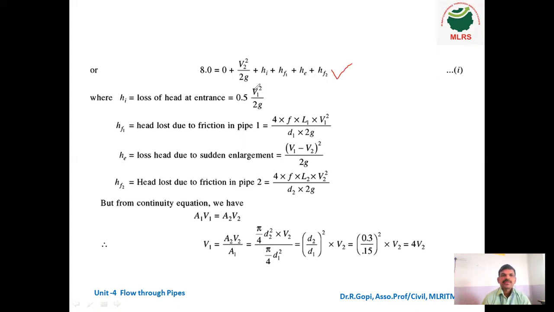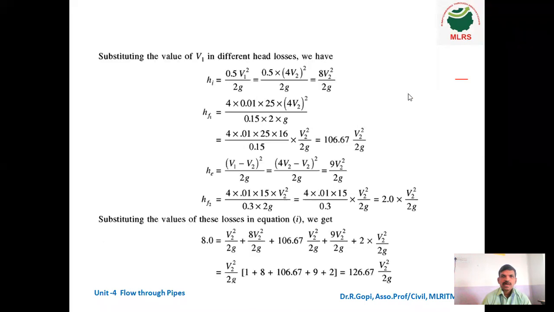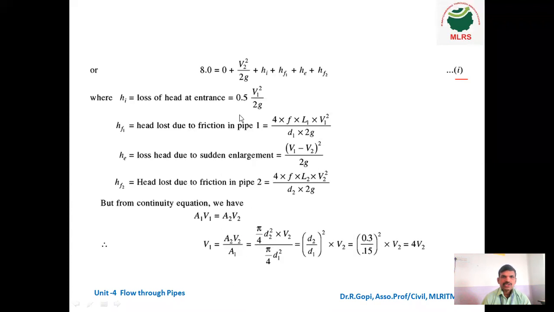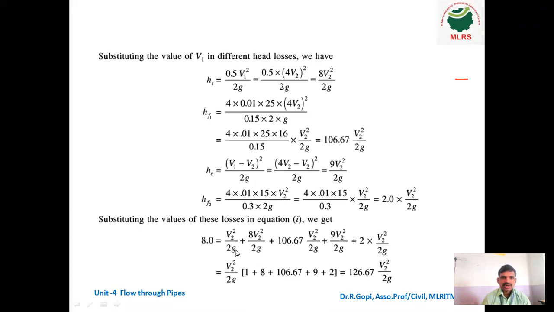So this is the Bernoulli's equation we already derived. This is equation number 1. Now I'm substituting all the major losses and minor losses formulas in this Bernoulli's equation. Therefore 8 equals V2 square by 2G, which is already there, here you can see V2 square by 2G, plus 8 V2 square divided by 2G plus